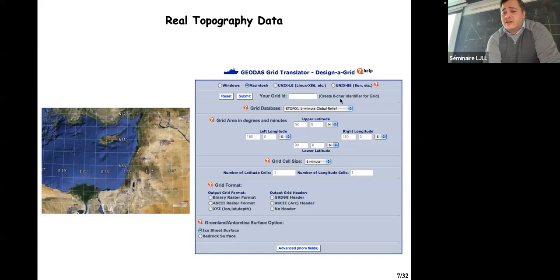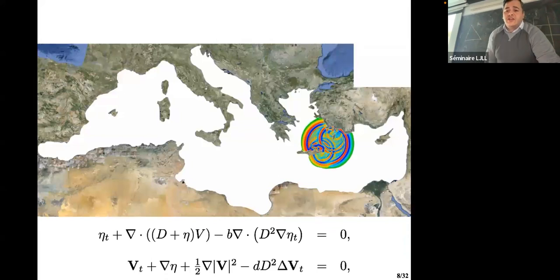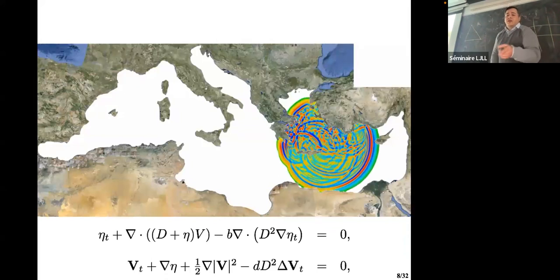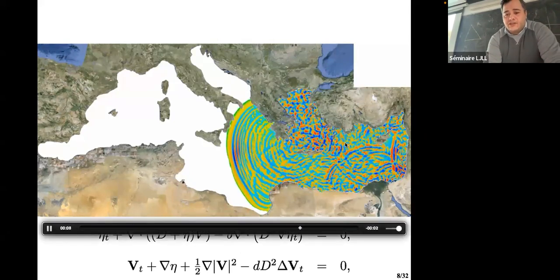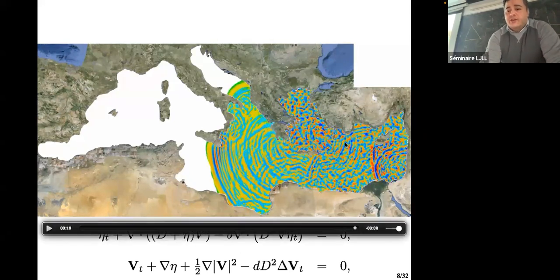And there is a website to take the bathymetry of a specific zone on the Earth. So you can use this website to obtain the bathymetry. So here I will show you a simulation on a mesh generated by FreeFem for the tsunami near Cyprus. And the code and